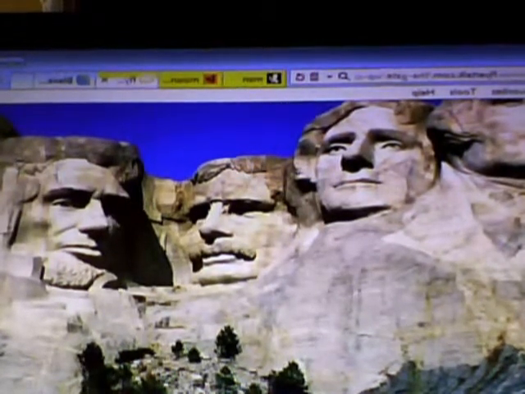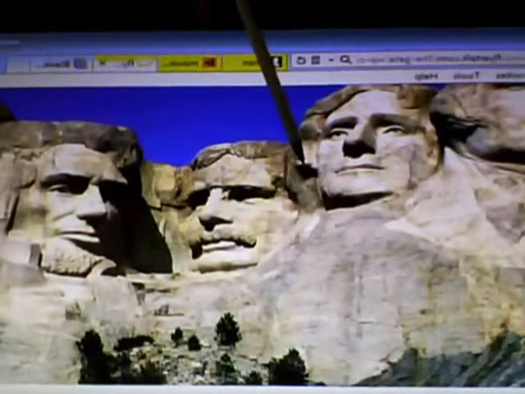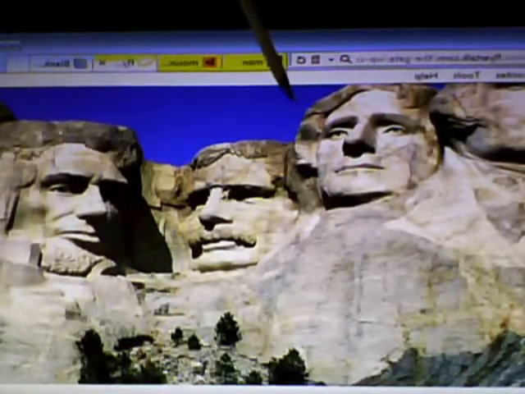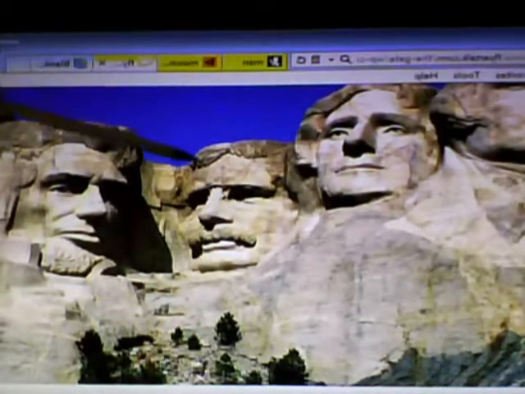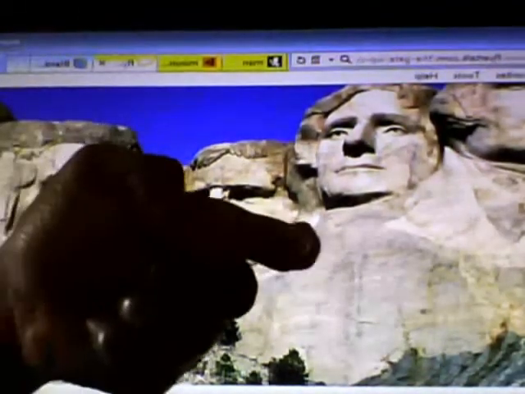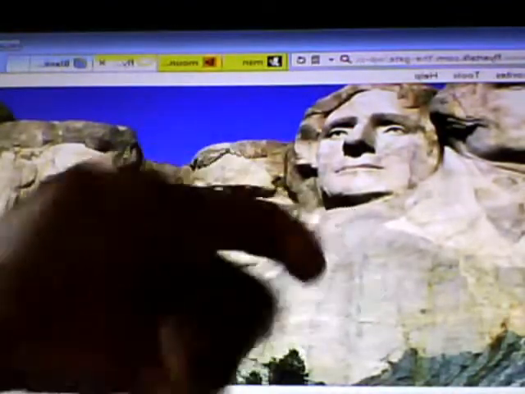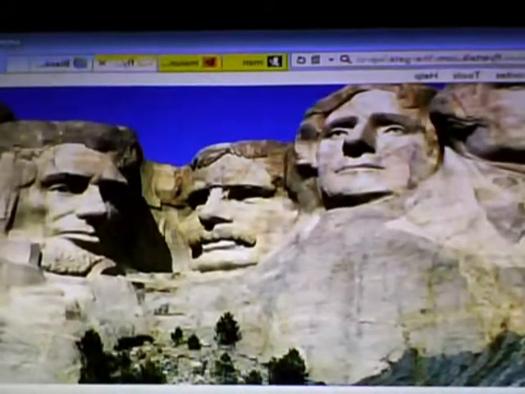So you have a ghostly-like figure encoded right here. Here's the chin, there's the mouth, there's the nose, there's the eye, there's his Ku Klux Klan cap in the hair. Here's his Ku Klux Klan robe right here, and his hand is reaching over with the trigger finger like that for the gun that's in Lincoln's hair.